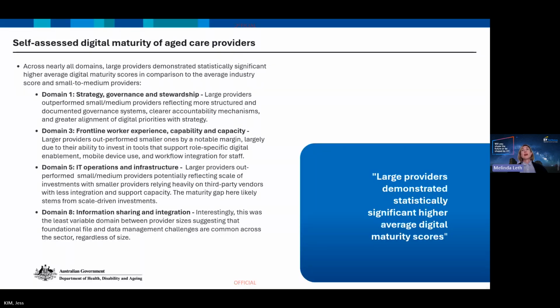I think this is probably an area that many providers are struggling with, and that's really around the interoperability of those systems that you have, the sharing of data between those systems that enables you to actually have that real-time reporting of information to understand both from your customers as well as the state of the business in terms of finances, etc., and the clinical management aspects. So an area that we found that larger providers were doing better in this space, but I think an area that many providers mentioned was a key focus moving forward.